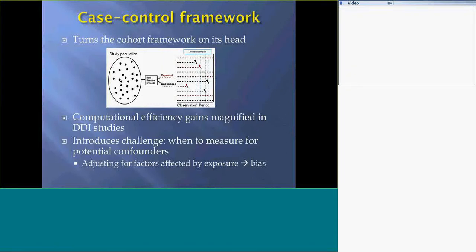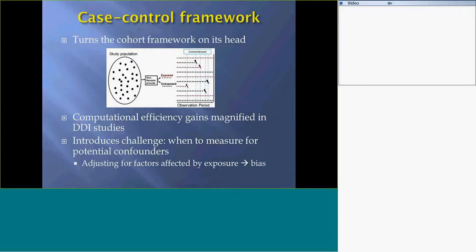So there are reasons to use case control studies, particularly when you have de novo data collection, but there are also some computational efficiencies you get when using a case control versus a cohort study. And these efficiencies, because of the complexity in programming drug-drug interaction studies, can be magnified. But case control studies present their own sorts of challenges